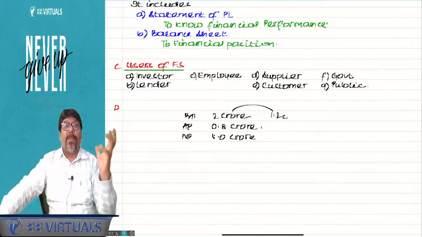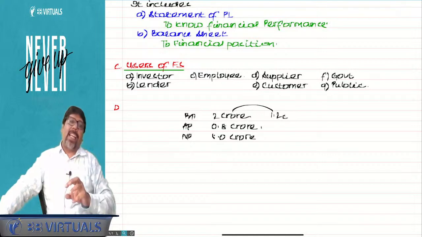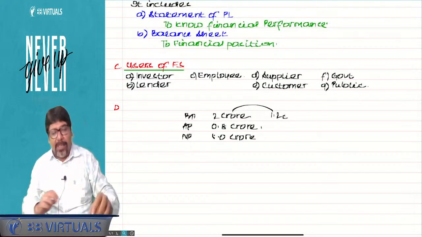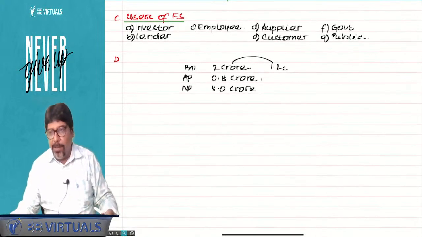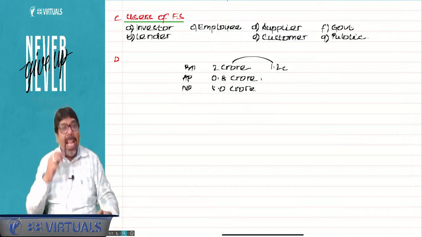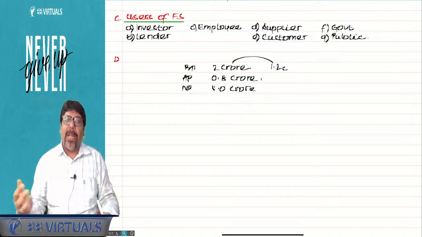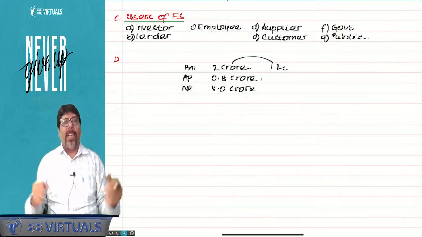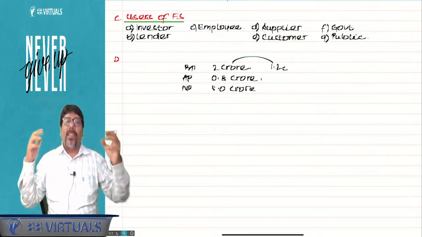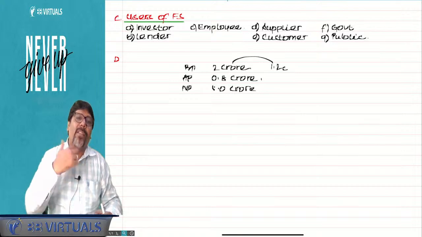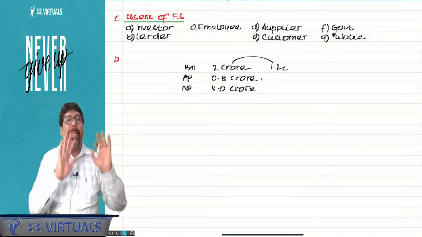One is the comparability issue because of too many alternatives, and second was lack of accounting treatments. Am I clear? Understood, sir. What are you trying to say? Hence, to solve these issues of too many alternatives and lack of accounting treatment, the Institute of Chartered Accountants of India created a board called ASB for framing accounting standards to resolve all these issues. And this is why Chartered Accountants, accounting standards came into existence.